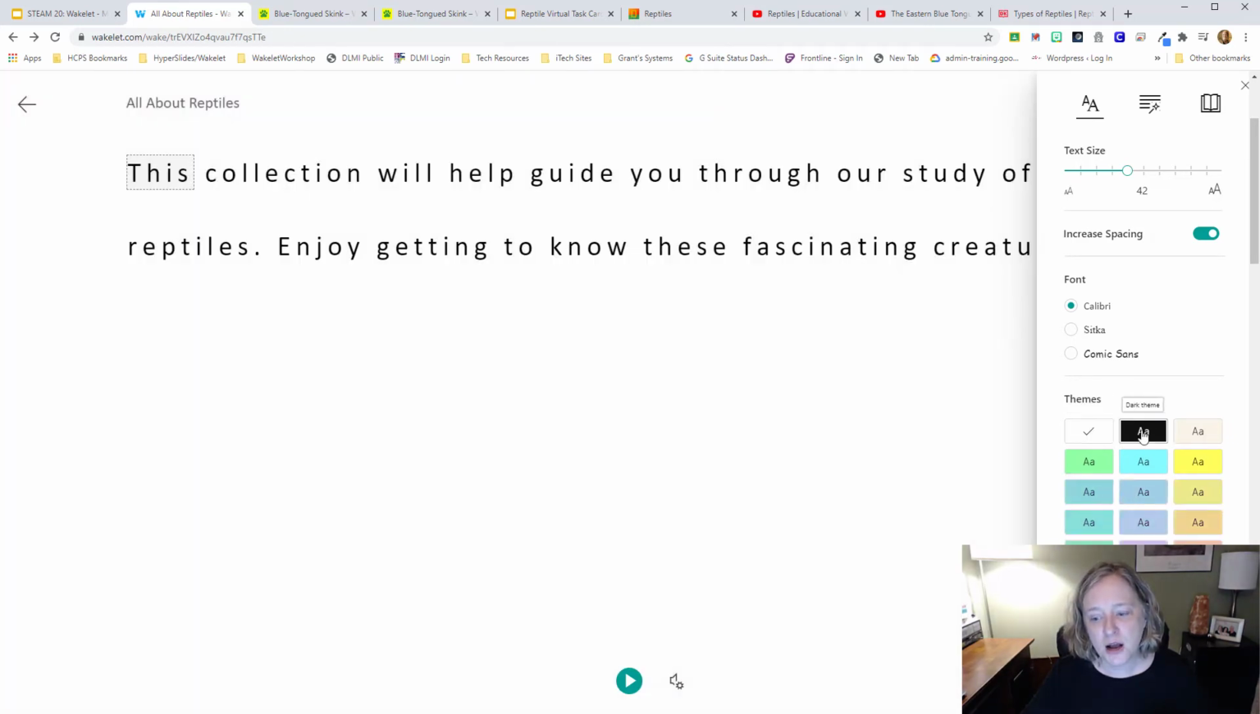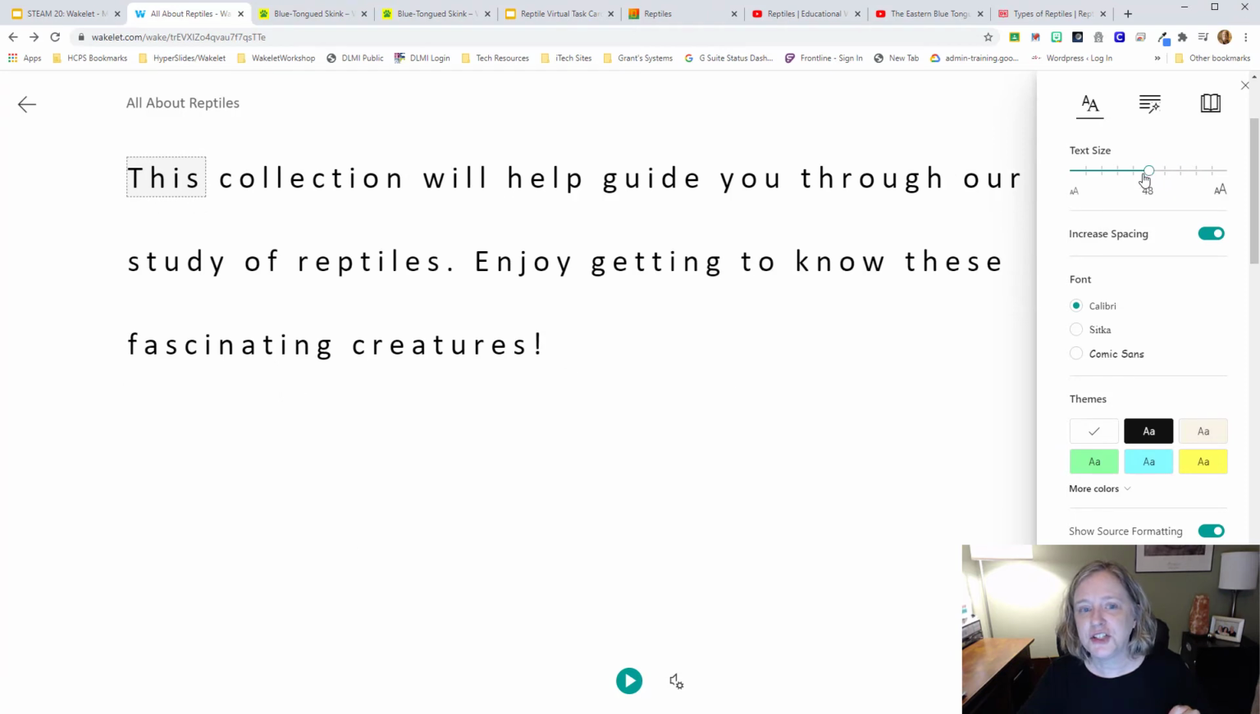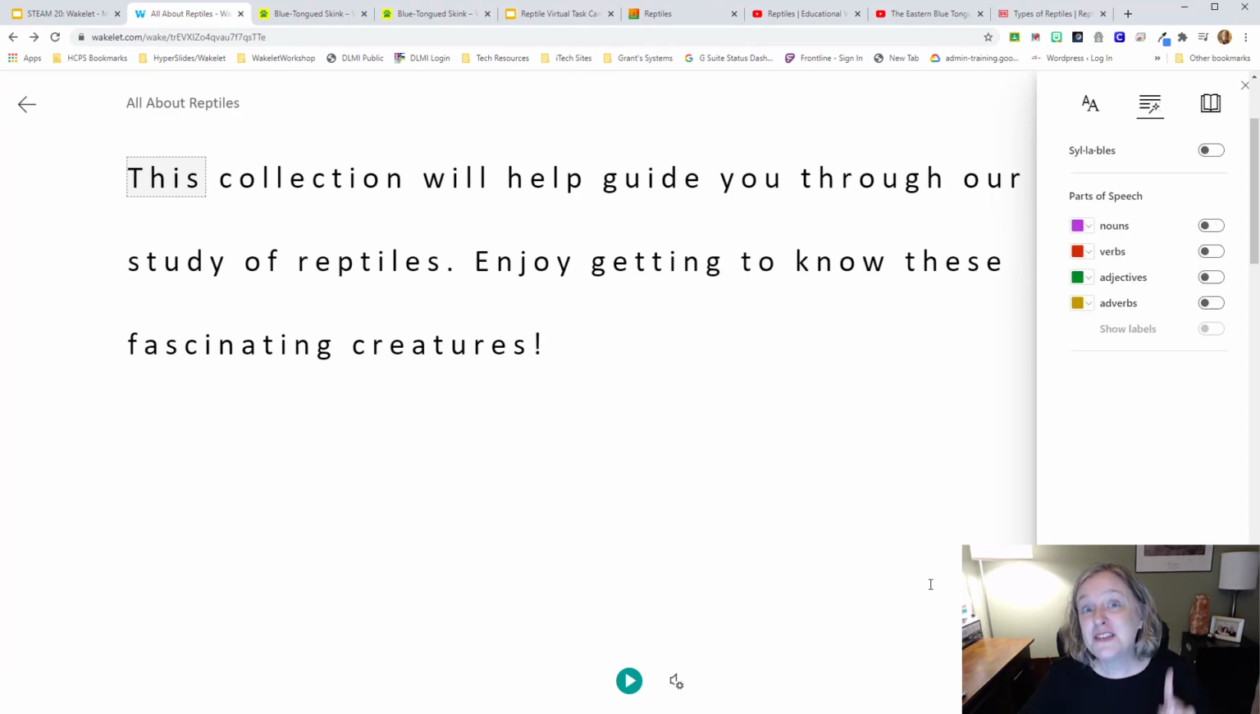There's also more color options. So if you have students who have some visual challenges, this is a great place. And me, I like to do this because I have visual challenges. Lots of different things. This next tab are grammar options, and these are just fun because maybe I want us